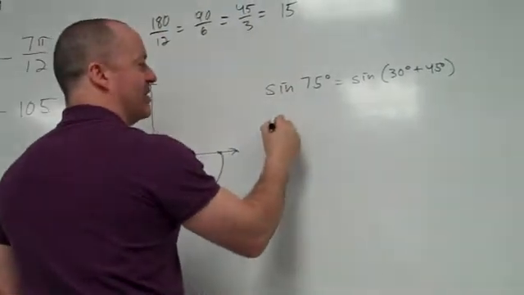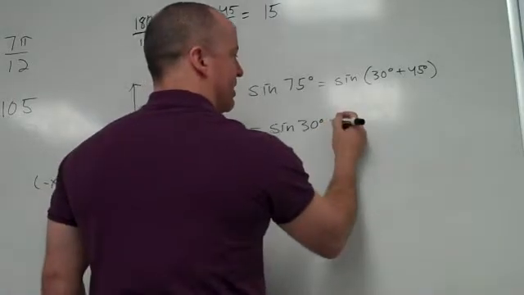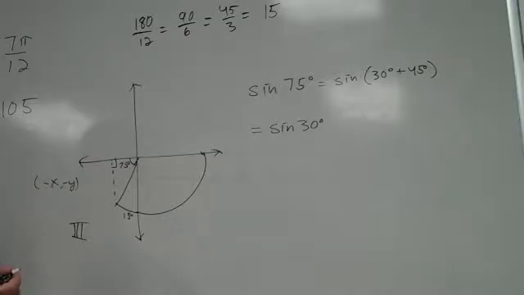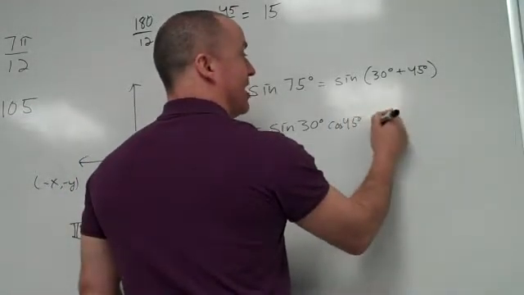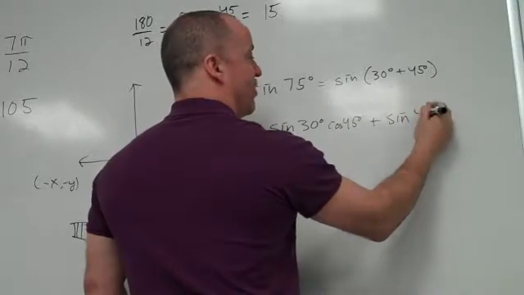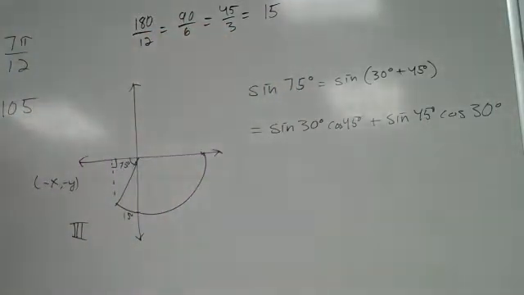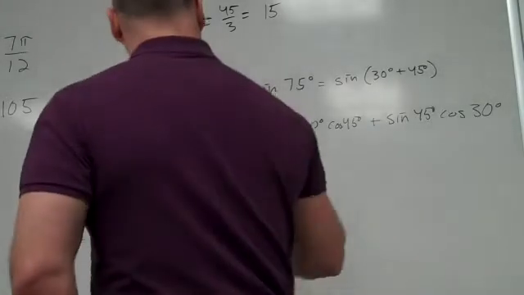And if you remember your formula, that means it's the sine of 30 degrees times the cosine of 45, plus sine of 45, cosine 30. Double check me. Have we remembered this sum formula correctly? Yeah. Okay. So then, without a calculator, which you'll need to know for the next test, you will know that